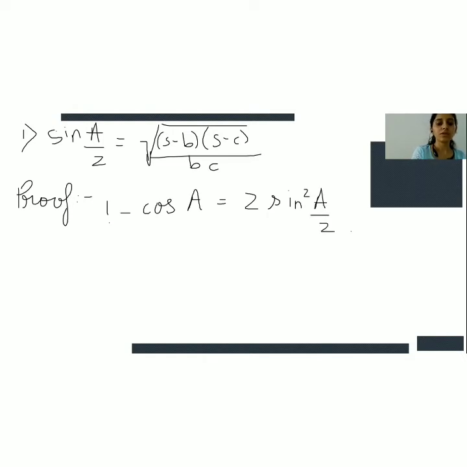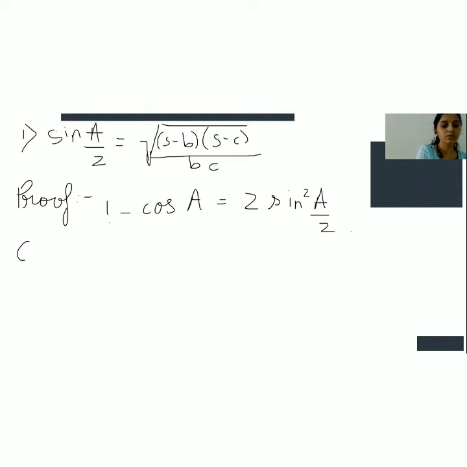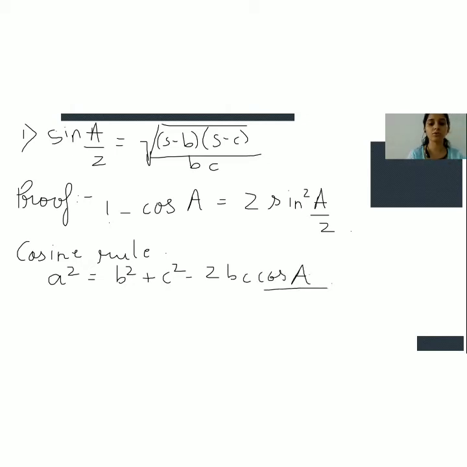Okay. Now we'll use the cosine rule over here. So what is the cosine rule? If I want cos A, I'll write a square is equal to b square plus c square minus 2bc cos A, right? So what I'll do is, I just want cos A now. So we'll put all the terms on the left. So a square minus b square minus c square, right, upon 2bc